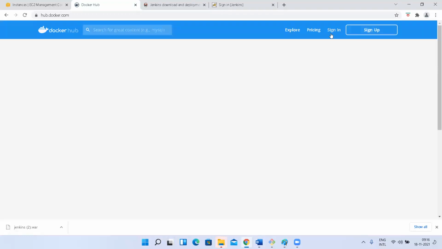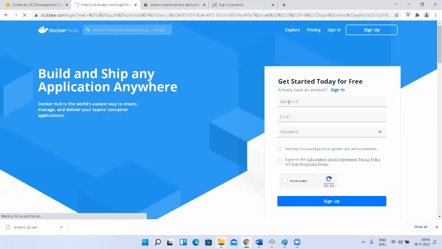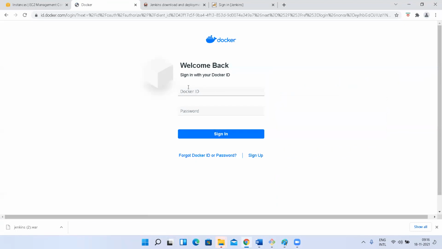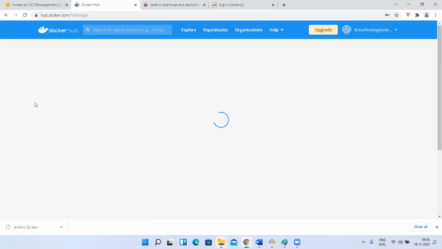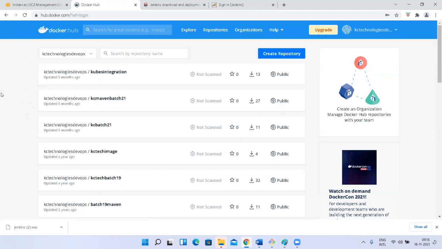That is what it was showing something. I didn't observe that. I did not even notice. It was showing something related to Git. I thought for the image it was showing the path. So I'm logging into my Docker Hub. It was showing KC Maven technology, something like that, right? When it was showing the repositories, I got confused, but I didn't notice that clearly.